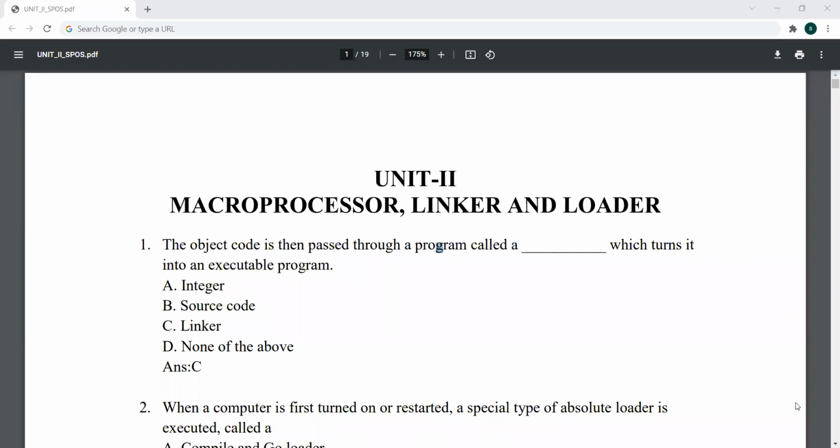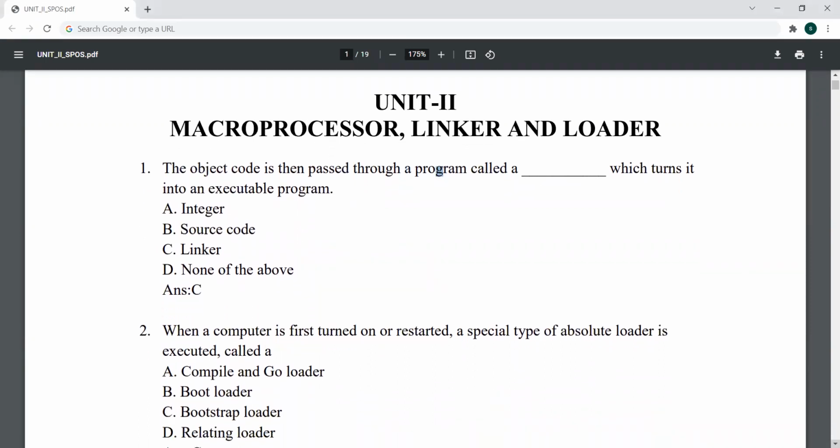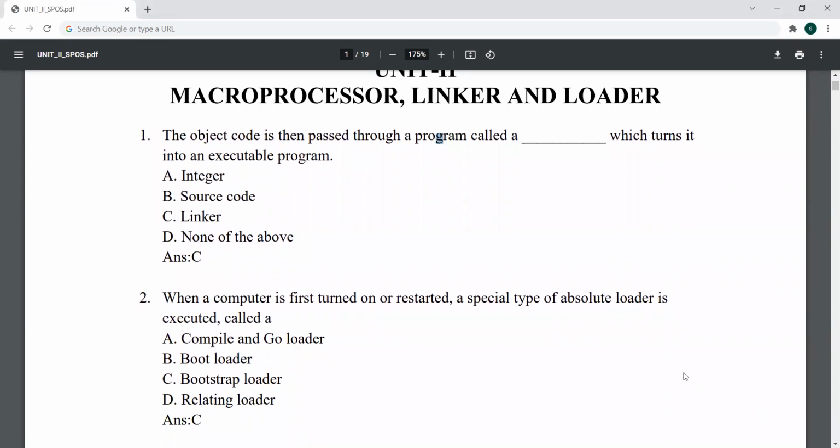System programming and operating system: processor, linker and loader. First question,